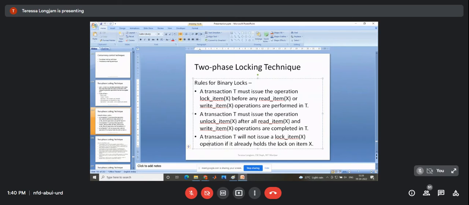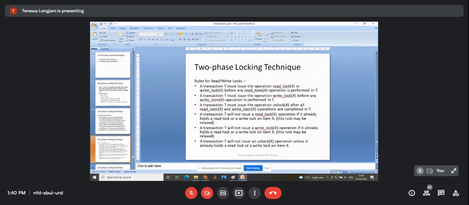X. If it is already holding a lock on a particular item, then it should not issue another lock because it is already holding it. It can access it in whatever way it wants, isn't it? So it does not need to lock the item again. So these are the rules for binary lock, and let us see the rules for shared or